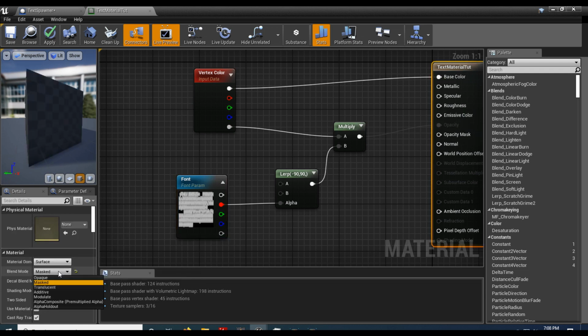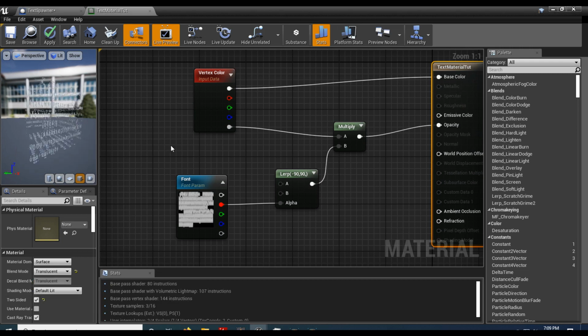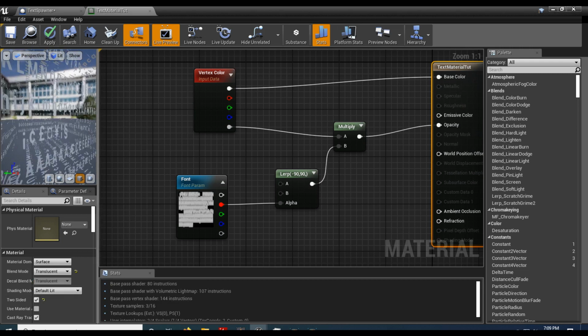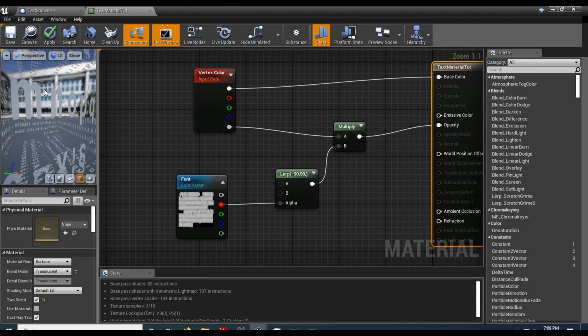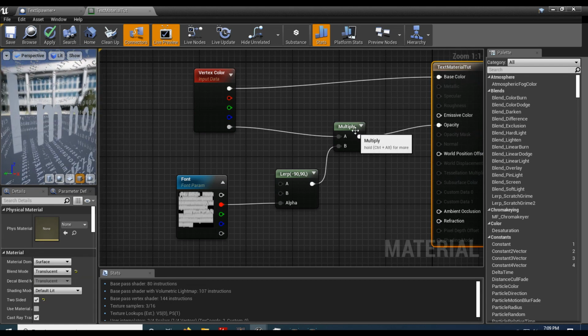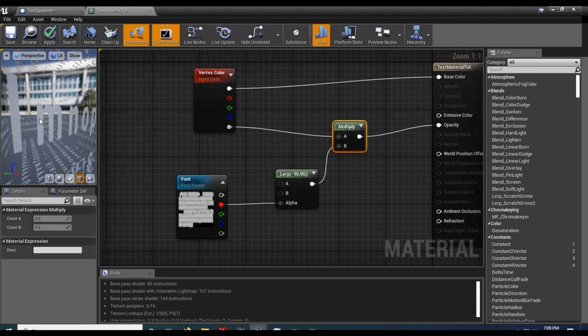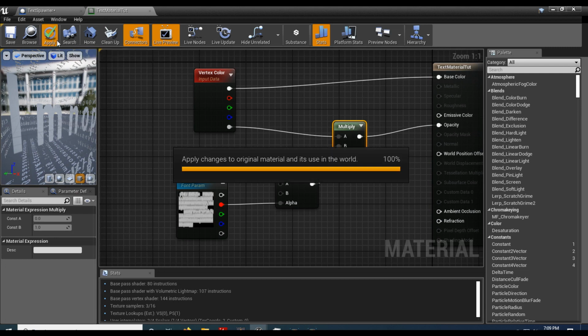Take the mask down here, we're going to change that to translucent. And you can see we get the same masking effect, except now if I were to drive a value through here, we could fade this in and out. And if I hit apply,